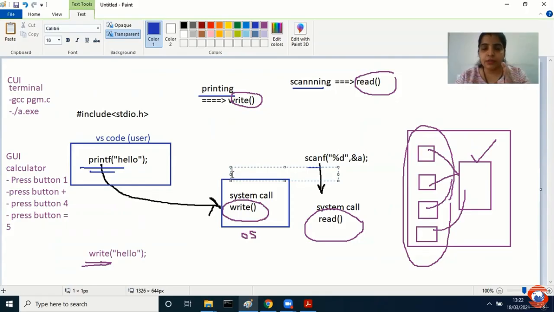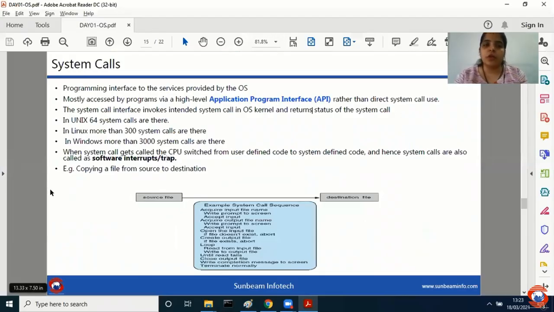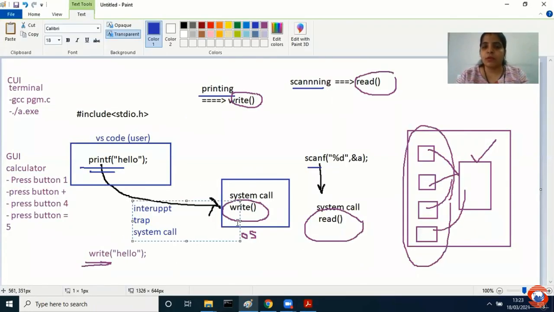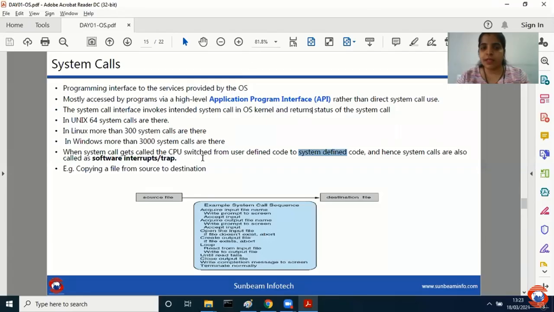Is my user aware about it? No, right? So, जब भी मैं printf लिखती हूँ, there is an interrupt which gets generated. What is that interrupt? It is nothing but also called a trap, also called a system call. जैसे ही printf लिखा, OS को ये समझ में आएगा कि yes, I need to give a call to write and I have to display this. That's why system calls are also called interrupt or trap. In this case, the CPU switched from user code to system defined mode. ये हुआ मेरा user का mode, ये हुआ मेरा system mode, because operating system is at system level. Have you understood the meaning of this line? What do you mean by trap? What do you mean by system call or the interrupt?